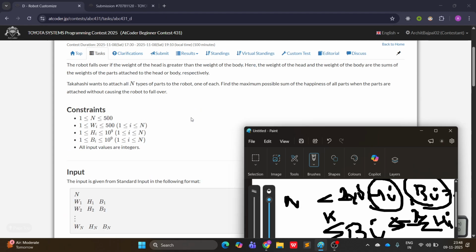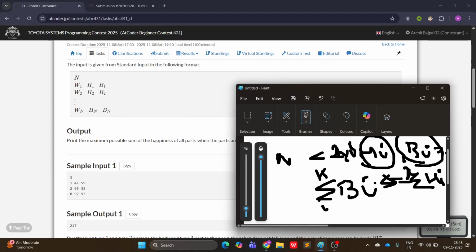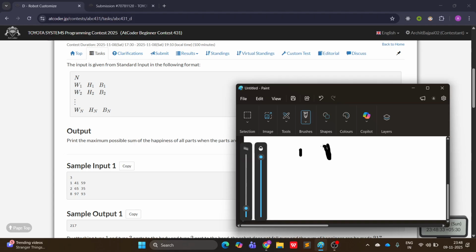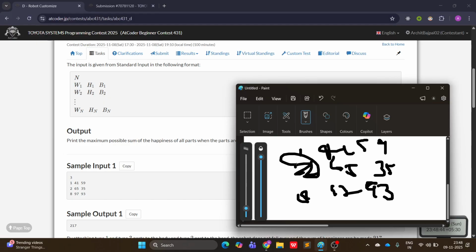Right. So basically, in the example, let's see, 1 41 and 59, and then you have 2 65 35, and then 8 97 and 93. So if this part is being used as a head, then if I'm using this part, I can only use one of the parts. So it cannot be that I am using 65 as well as 35. So what I can do is I just use